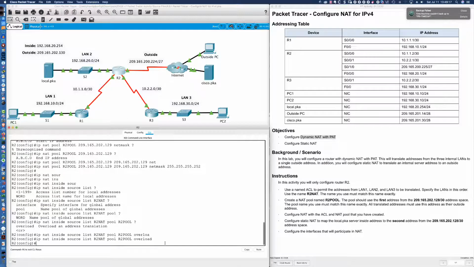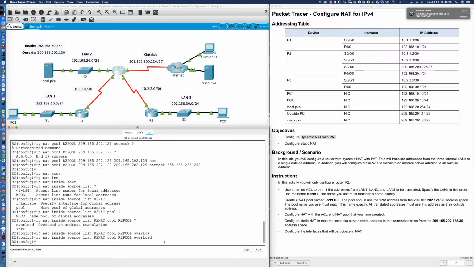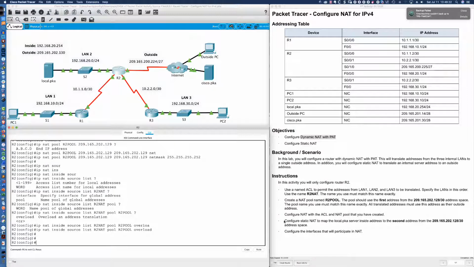So we're at 35%. When I hit enter, you can see we jump up to 50%. Sorry about that. So now we're down here to configure static NAT to map the local PKA server inside local address to the second address from the 209.165.202.128/30. So now you can see why they wanted us to use the 129, because here, and if you look up here, I thought it was interesting that they actually give you the value to use up here, and they make it kind of cryptic down here. So instead of just coming out and saying use